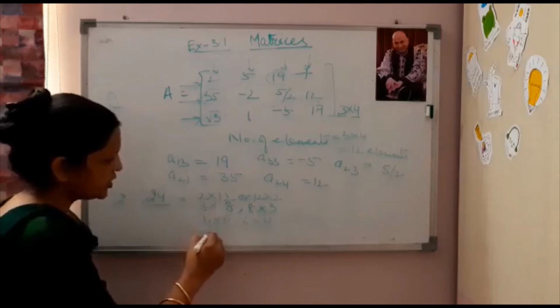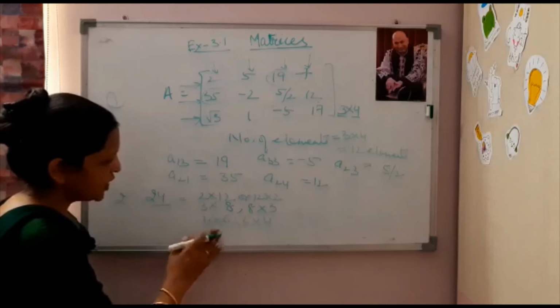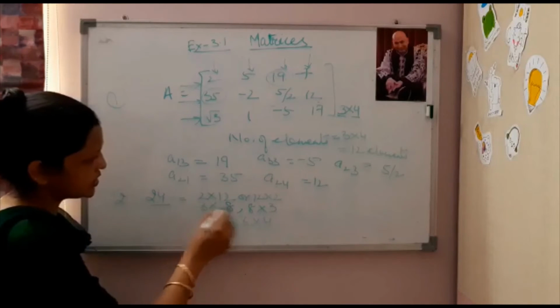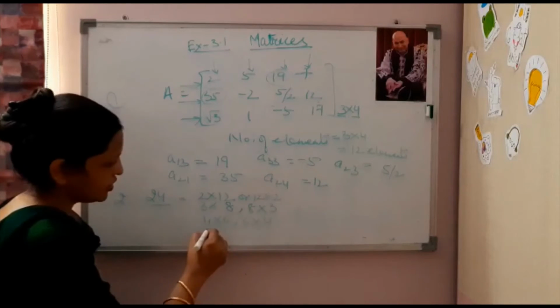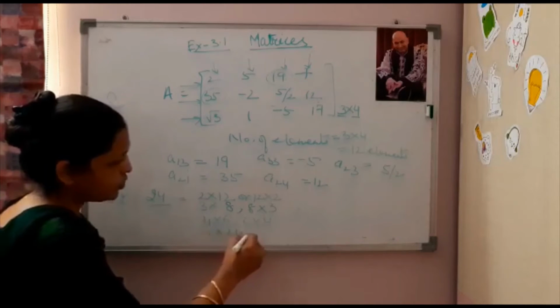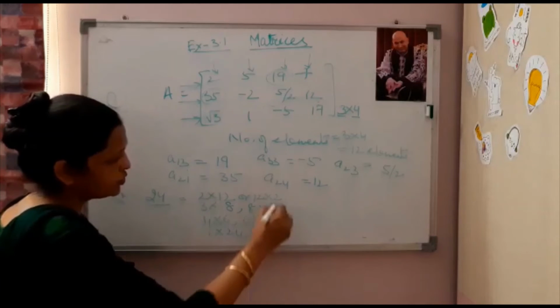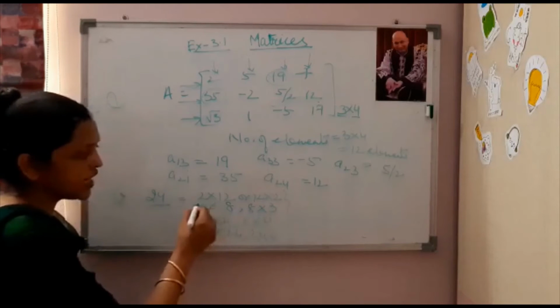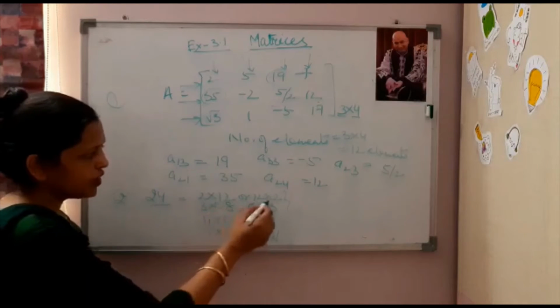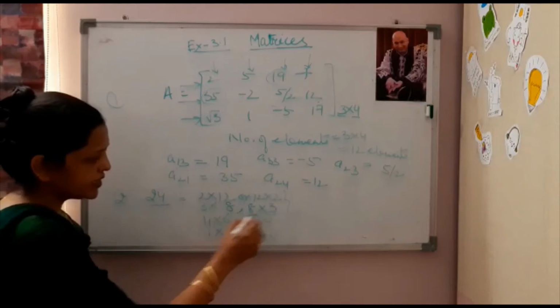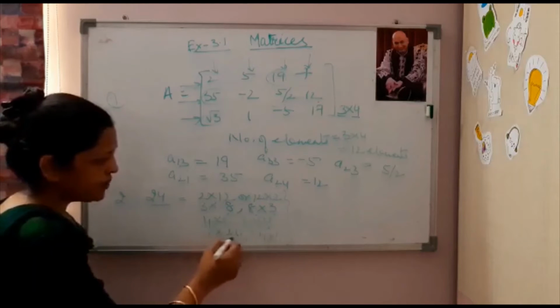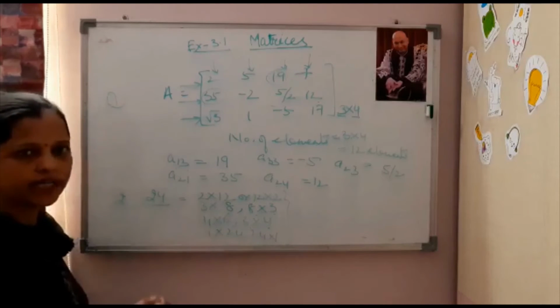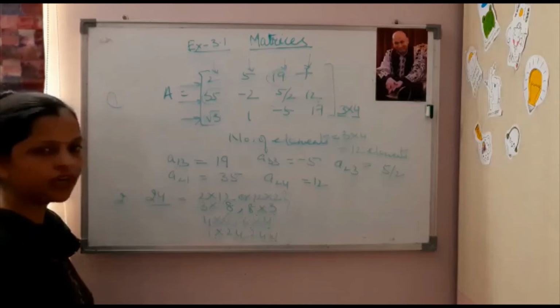Next is your 3 into 8 is already done. That's it. So these are the one thing, or 1 into 24 or 24 into 1. So these are the possible orders. That means 8 types. 2 into 12, 12/2, 3/8, 8/3, 4/6, 6/4, 1/24, 24/1. By that we can find the order of the matrix.